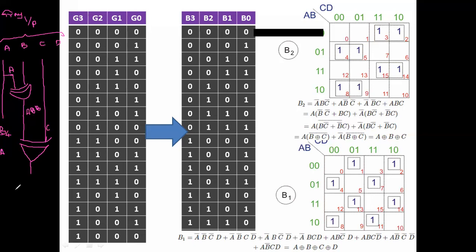So this is C. Here one of the inputs is A XOR B. So the result is A XOR B XOR C, the same thing we obtained in the Karnaugh map reduction. Please see the screen. Both are the same. A XOR B XOR C. Then the result of this is XORed with the LSB, or the next bit.